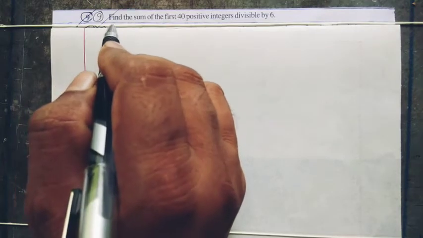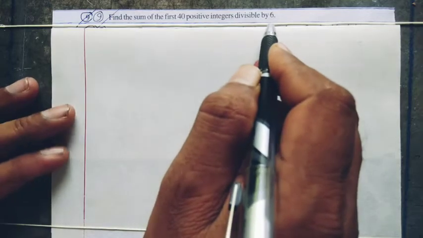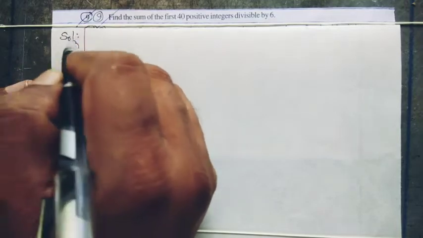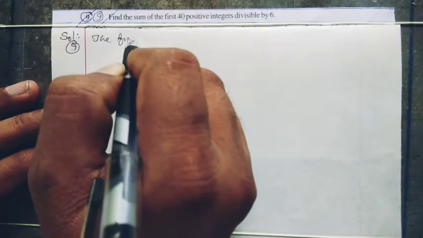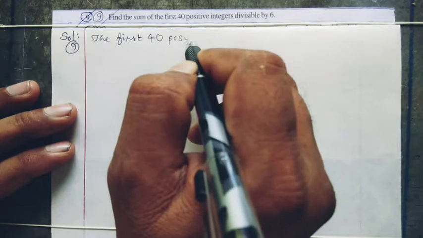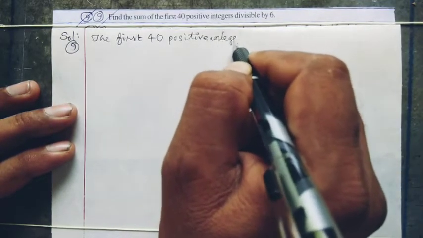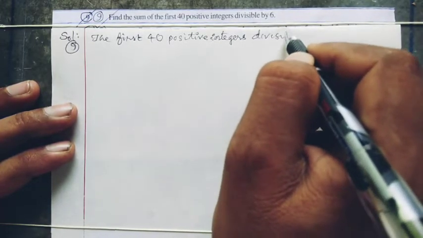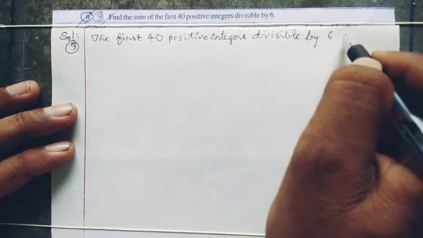Question number 9. Find the sum of the first 40 positive integers divisible by 6. Solution for the ninth problem. The first 40 positive integers divisible by 6 are